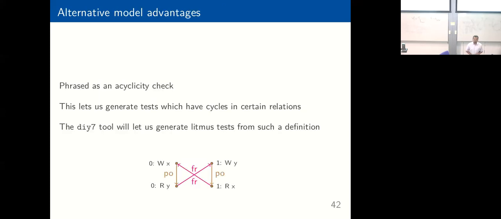One of the good things about that alternative model is that it's just phrased as an acyclicity check, right? You took a bunch of relations and you said the combination, transitive closure, whatnot, doesn't have any cycles. Aha, said Dr. Alglave. We can turn that the other way around. We can look at cycles in our relation, and those cycles must